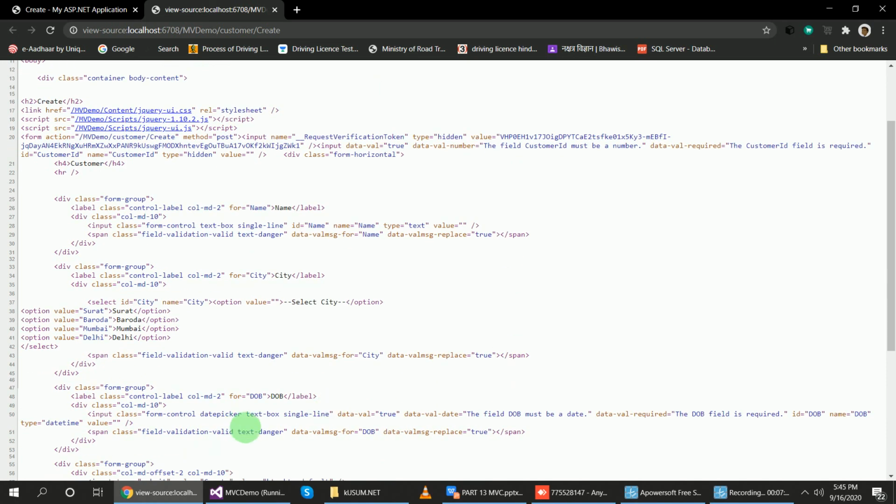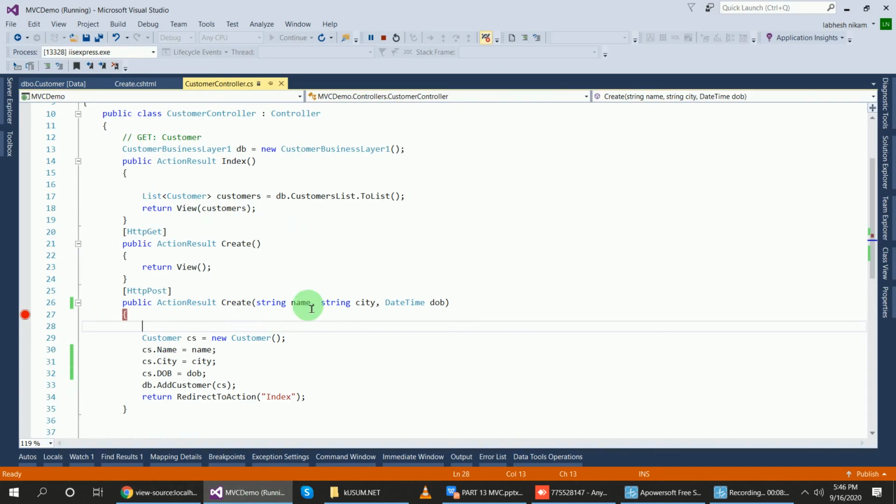You can see here the name property, this is the name property, it is DOB. So this DOB, city and name match these parameters. These parameters must match the name property of the form object.